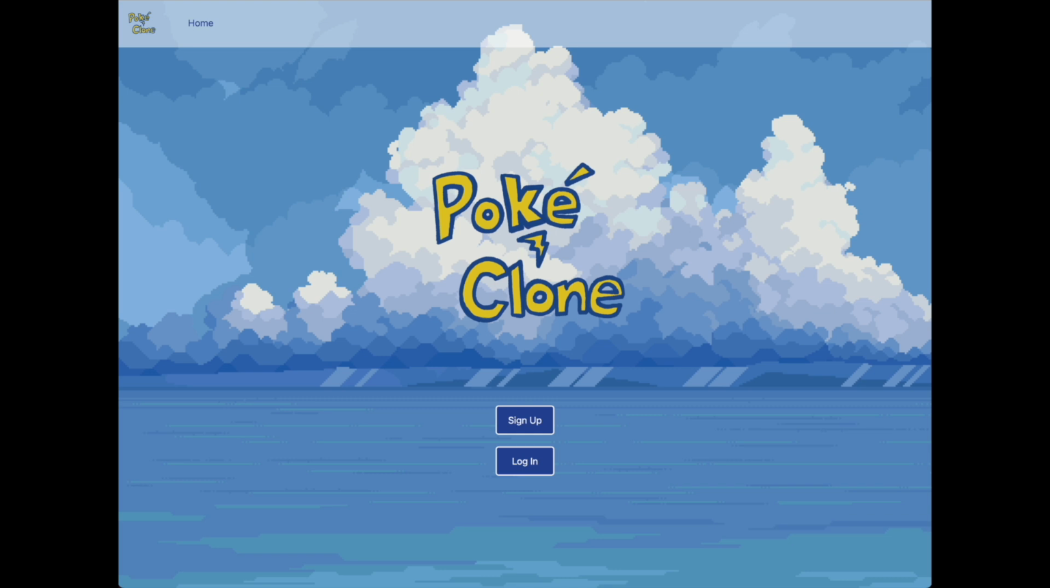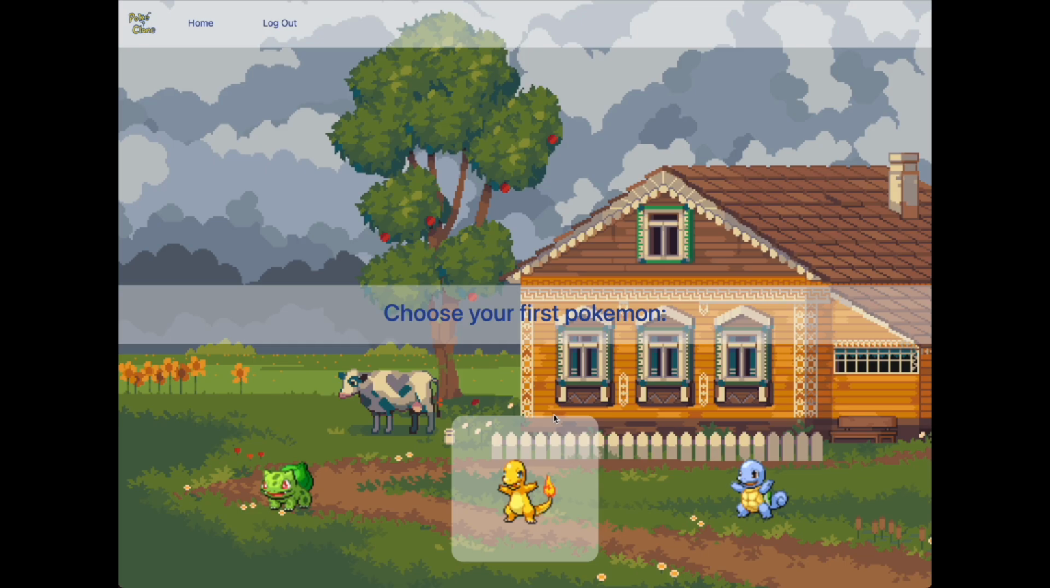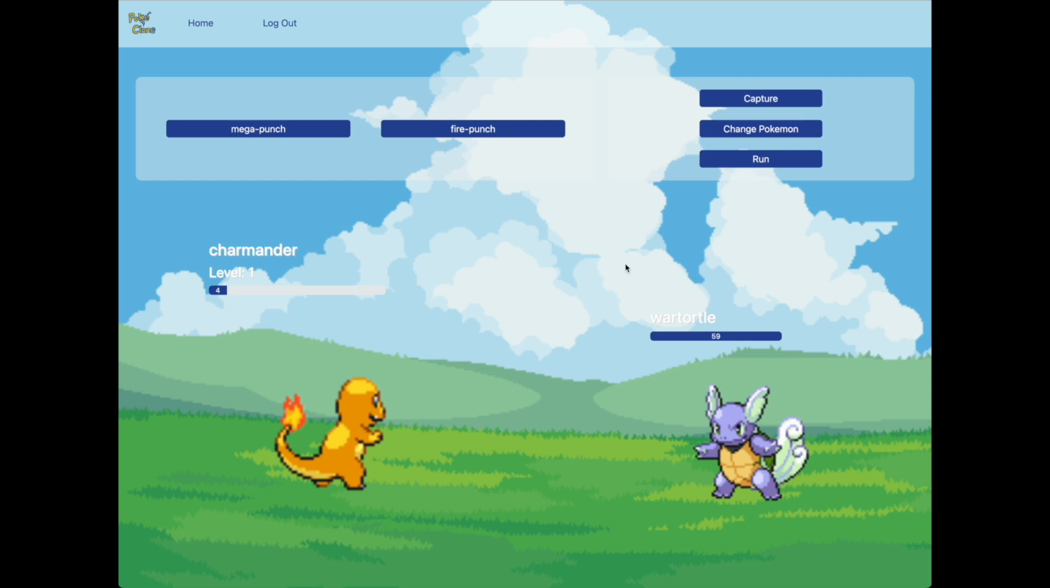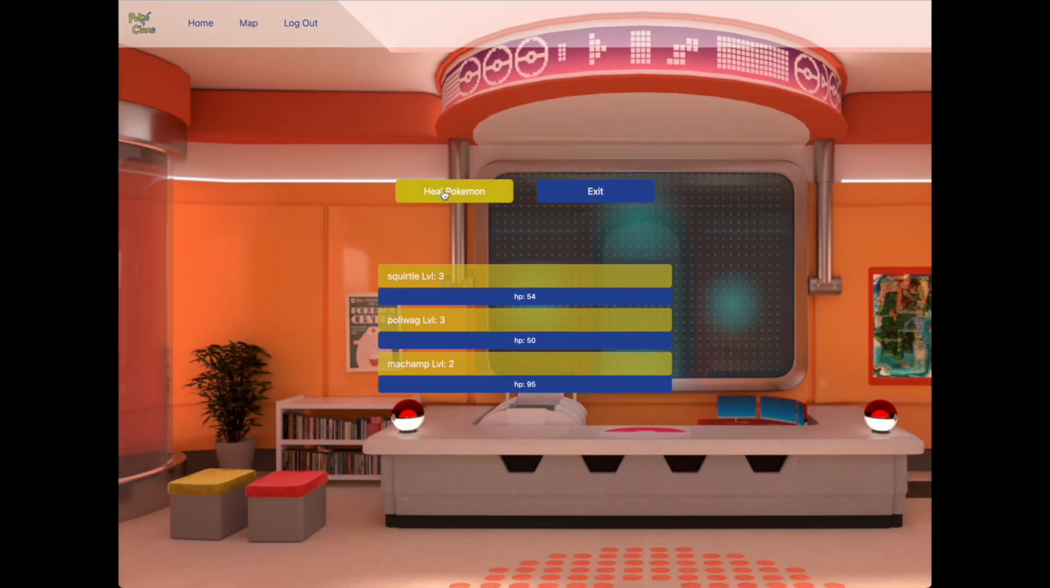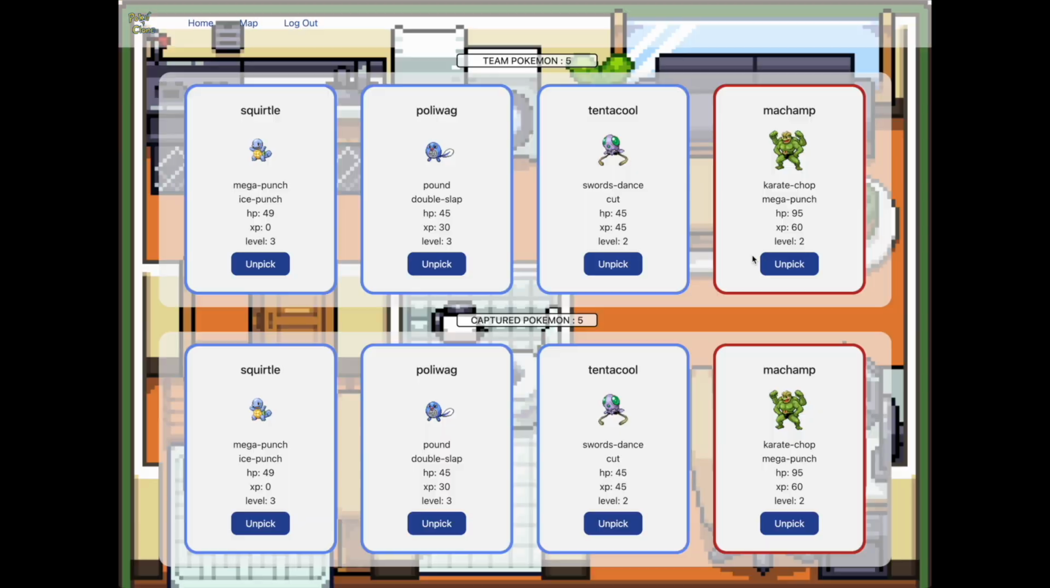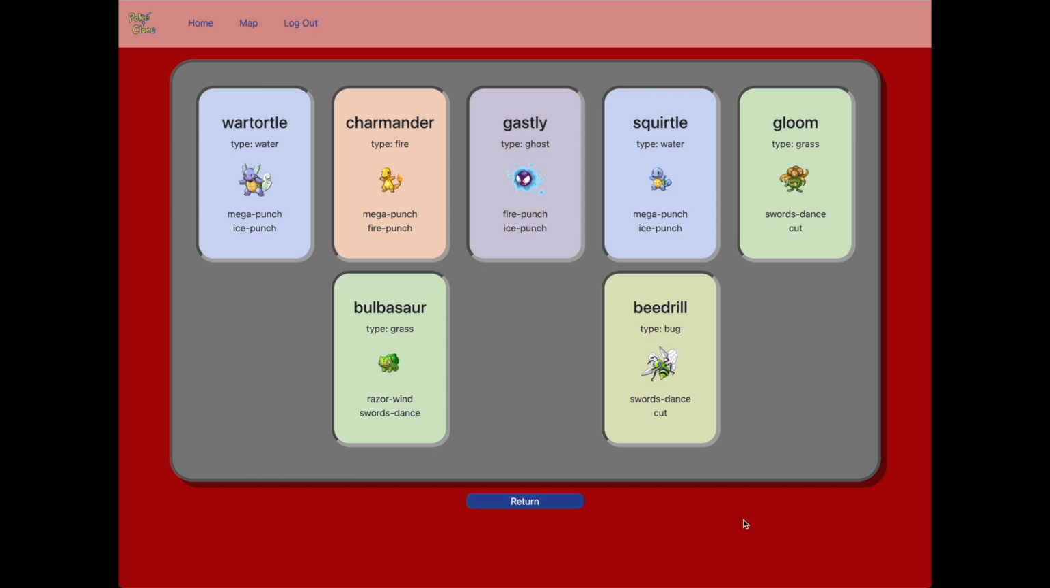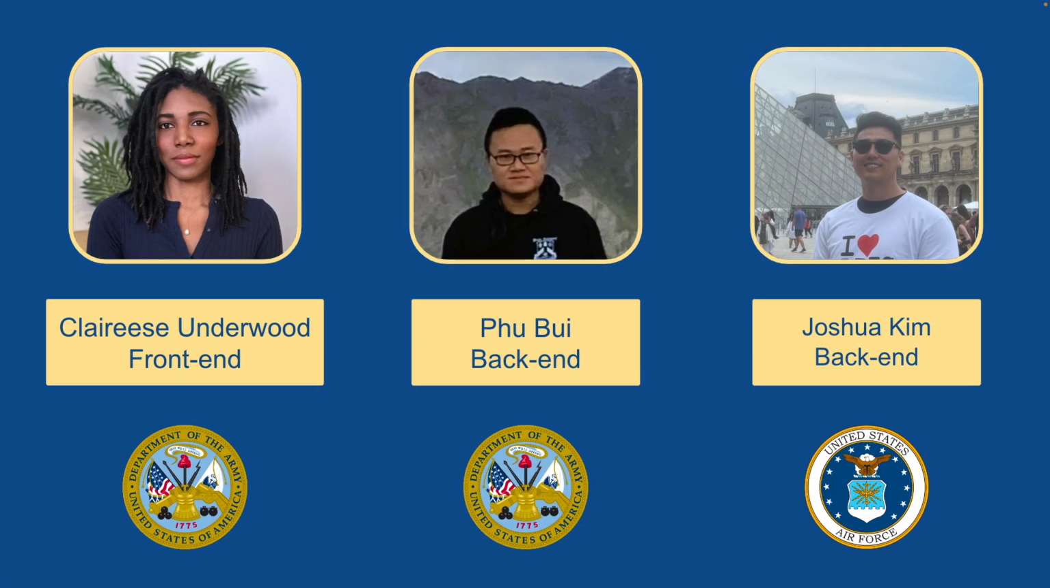Users can sign up, log in, and begin their PokeClone journey by selecting a starter Pokemon to form their initial team. The game gives users the chance to capture more Pokemon, train them to compete in gym battles, and manage a dynamic team. Visit the Pokemon Center to heal your Pokemon, explore your virtual home to assemble a team of up to 6 Pokemon from your captured collection, and delve into the Pokédex to examine statistics for all the encountered Pokemon. Join us as we share our experience and insight gained from developing this educational game, highlighting the challenges and the